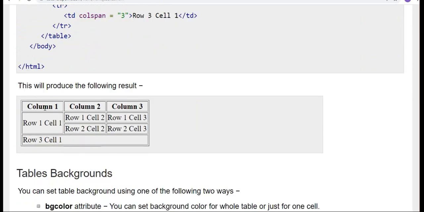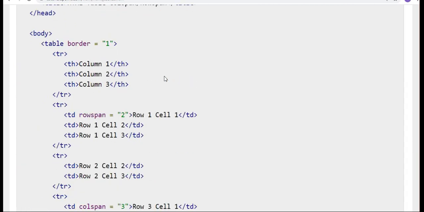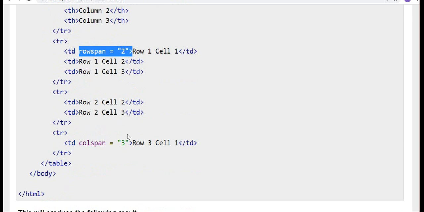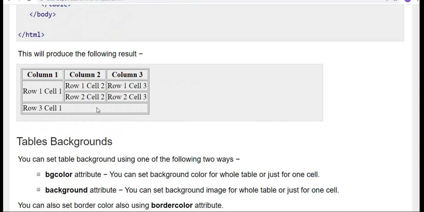See here, how many rows do we have? 3 rows. Okay, so the second row should be split into 2 rows. That's what I specified. Row span is 2. Okay, next, column span 3, row 3 cells. This is column span. All the columns are merged into a single column.